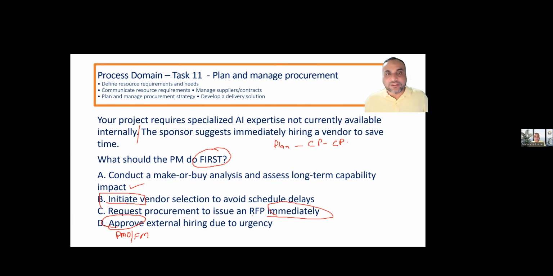Similarly, initiate vendor selection to avoid schedule delays. The question is in the planning stage. The project has not started yet. So you will go and look. Things you need to do immediately, but even if you are looking at immediately, there should be a process. Process will not break. Do not fall in the trap of immediate things in the options. Urgently, immediately, yeah, do it. Even if a sponsor is saying it, sir, there is a process we have to follow. Thank you very much. Process is